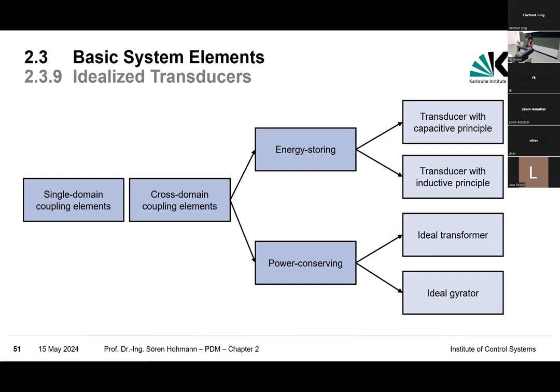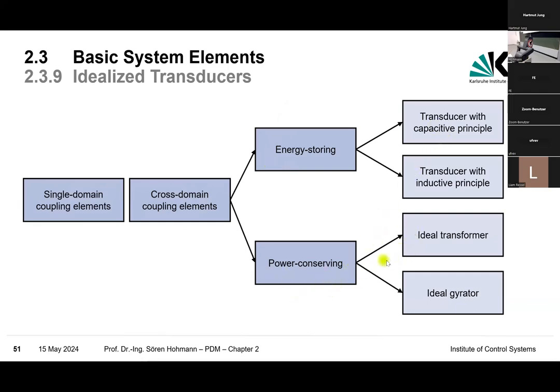Here we are. So remember our last discussion about the full coupling elements that we find over here with different functionalities, like cross-domain coupling elements, which couple different domains: mechanical, hydraulic, or electrical, etc. So we have here some sort of taxonomy which divides the different coupling elements, meaning single domain and cross domain, into energy storing, power conserving, and we looked at